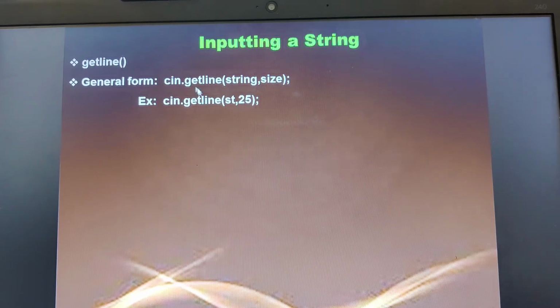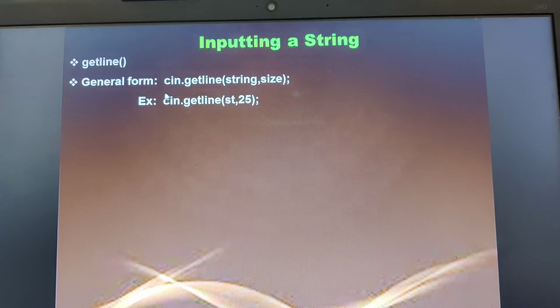Now let us look at this example. cin.getline(string, size). This is the general form. For example, if I have declared a string as char st[25], I will not initialize it here.